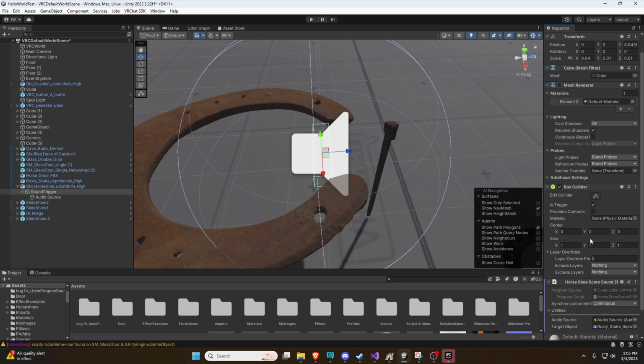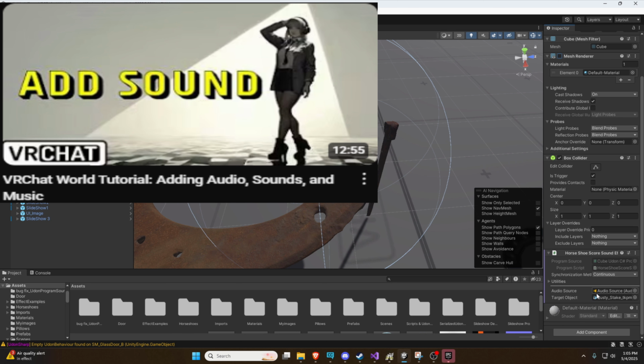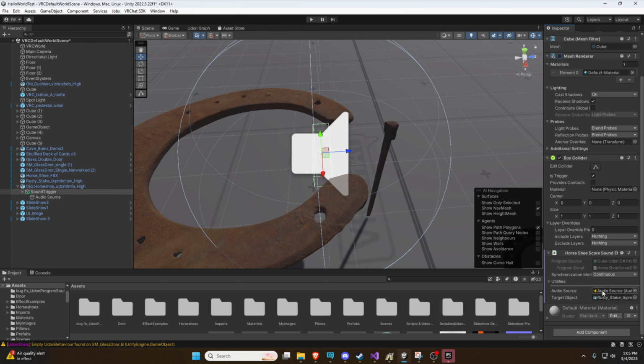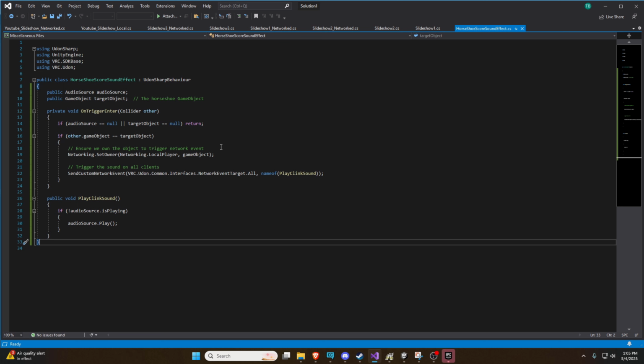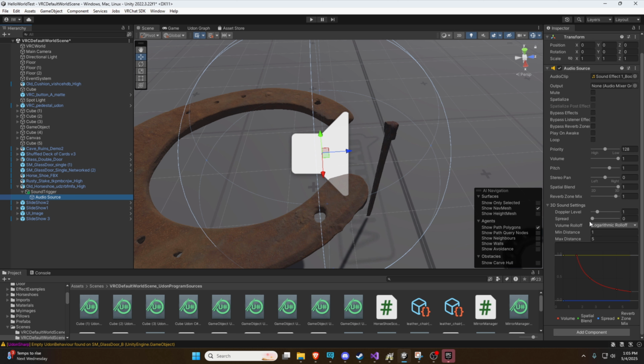And then of course, just like in our sounds video, please go check that out if you haven't, we simply add our trigger for our event, essentially, which if we open the C# script, here's what it looks like. And it just says, hey, we have an audio source and a game object. So whenever this trigger hits this game object, it plays this audio source, which is a clip of a sound effect, which again